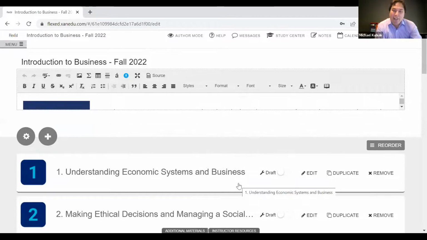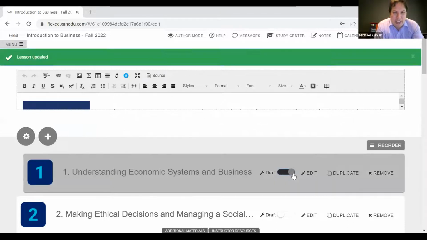If you wanted to hide any of the chapters, you could just move them into draft mode. And those would then be grayed out, meaning that you'll still see it here and have easy access to it as the instructor. But if we were to flip back over to the student mode, they would no longer see that content. Similarly, you can easily rearrange if you wanted to totally follow your syllabus rather than having the chapter order. You can do that.